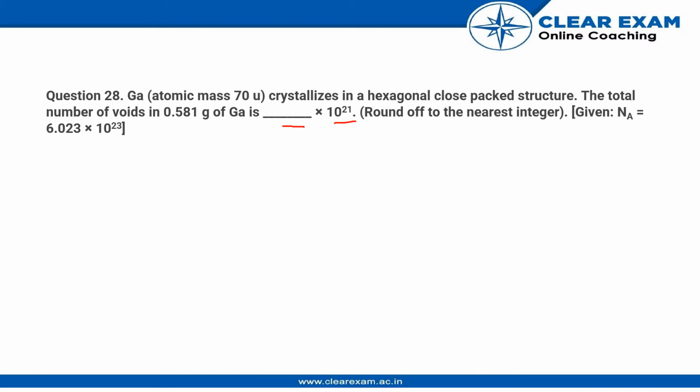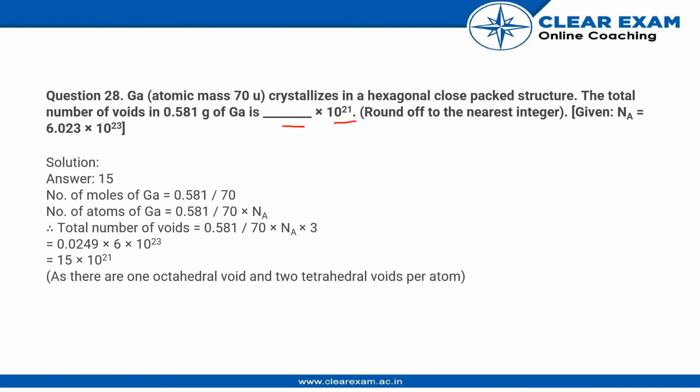We know the Avogadro number is 6.023 into 10 raised to 23. We can find out the number of moles as we are given the weight and the molecular weight. So let's say we find out the number of moles, then the number of atoms can be easily found by multiplying by the Avogadro number, and after that we know that the total number of voids for a particular atom is 3,